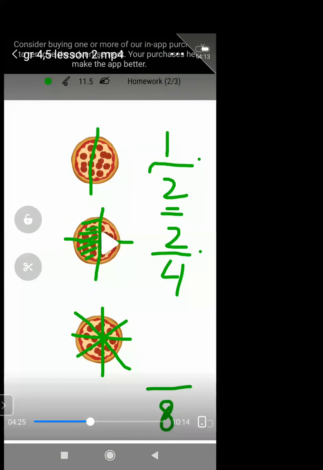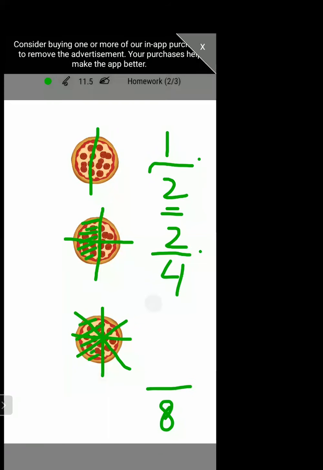Out of 8, how much do you think I am going to eat? I would have the same amount, the amount should be the same. The number of pieces can be different, as shown in the fraction, but the amount they are representing is the same. So that's why these fractions are called equivalent fractions, because they all are showing you the same amount